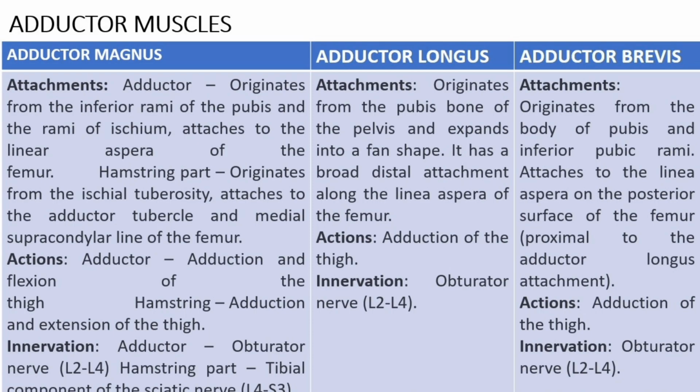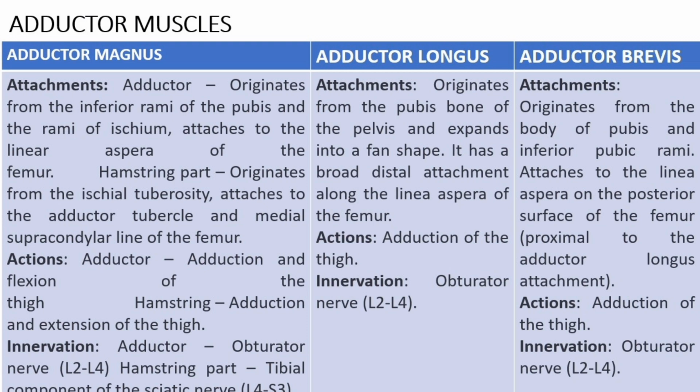correlations. Adductor magnus. The adductor magnus is the largest muscle in the medial compartment of the thigh. It is comprised of 2 parts, an adductor component and a hamstring component. Attachments. Adductor originates from the inferior rami of the pubis and the rami of ischium, attaches to the linea aspera of the femur. Hamstring part originates from the ischial tuberosity, attaches to the adductor tubercle and medial supracondylar line of